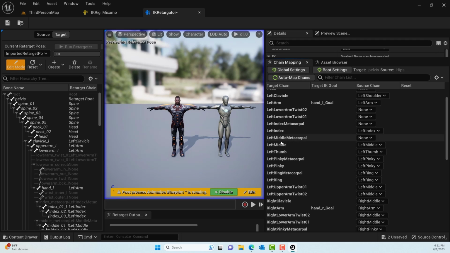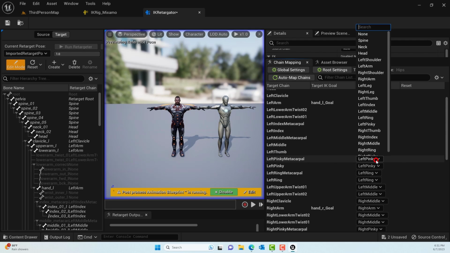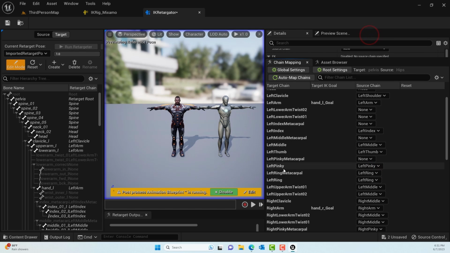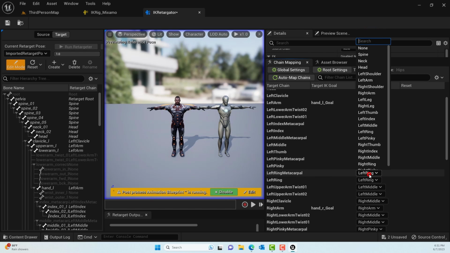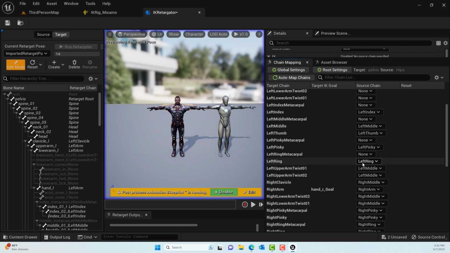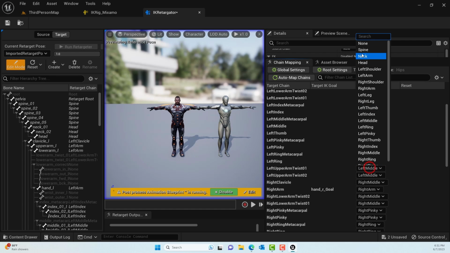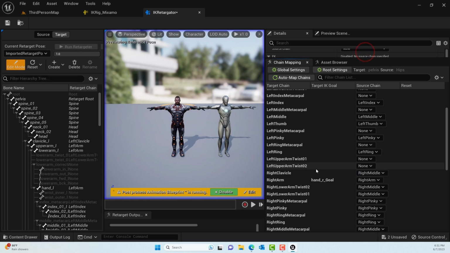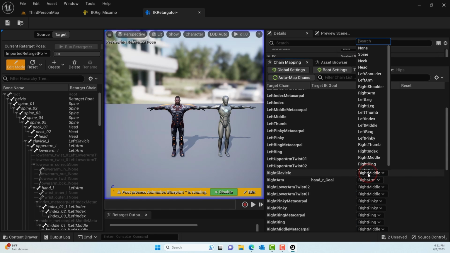Anywhere it says twist, go ahead and click on none. If it says metacarpal, go ahead and select none. Same here, we found the metacarpal, none for each bone. I'm keeping the video at the same speed so you can follow along, because I know it is very confusing, especially if you're a beginner trying to follow along and get this animation retargeting